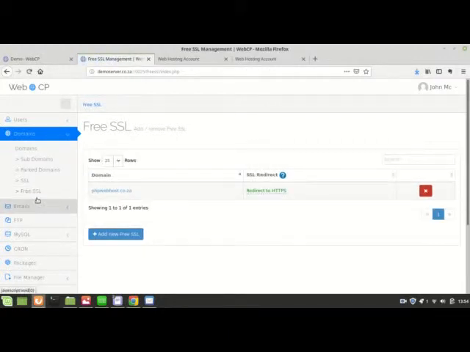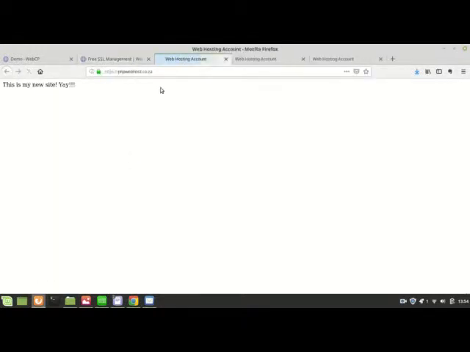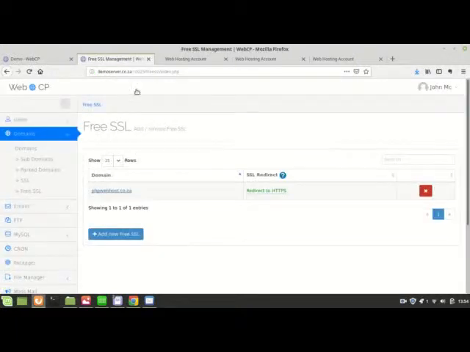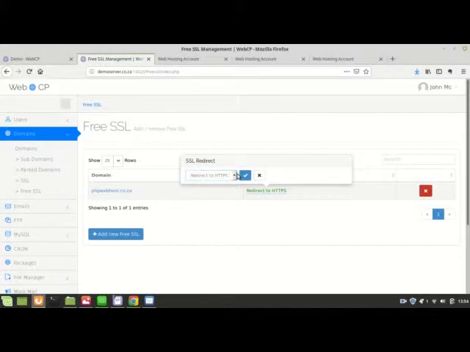Click back on the free SSL link, and now you'll see in the list PHP WebHost shows up, meaning that it is using an SSL certificate. If we click on it, sure enough, there we go. PHP WebHost is now using SSL. Similar to the redirect to naked or www versions of the domain, you've got a redirect to HTTPS or no redirect. If I have no redirect set,